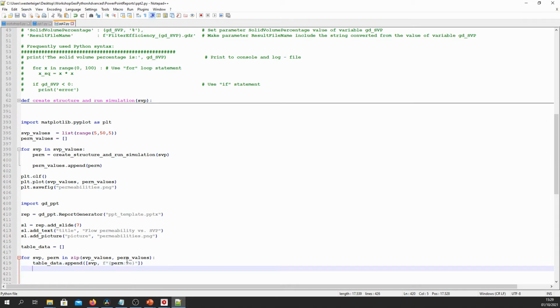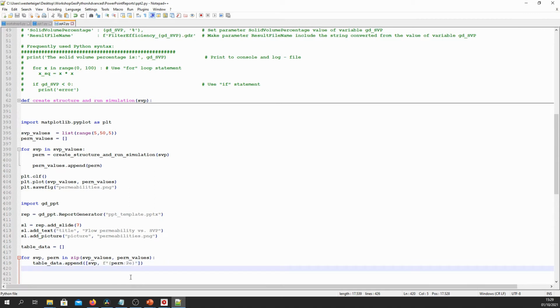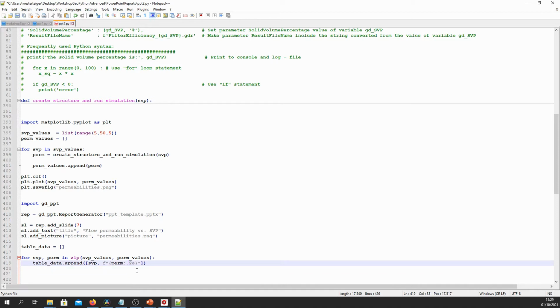So this is another construct. I showed you the format strings earlier, which allowed you to replace some parts of a string by a variable value. But sorry, I forgot a dot here, so it should be colon dot 2e.